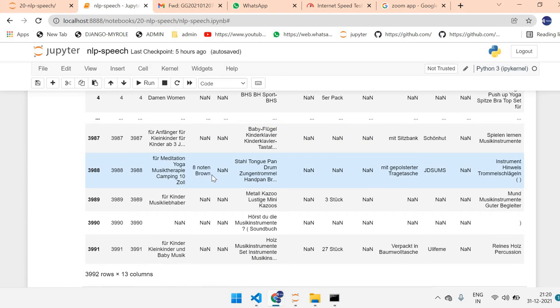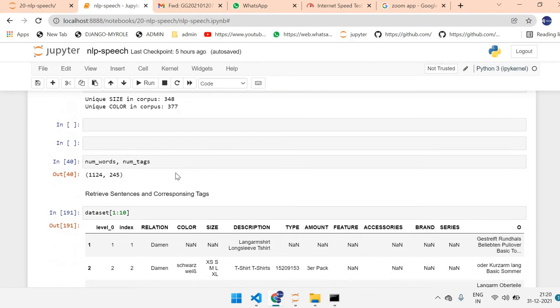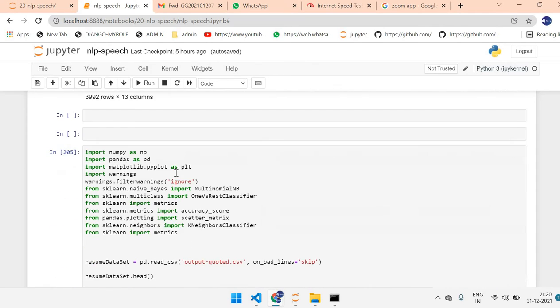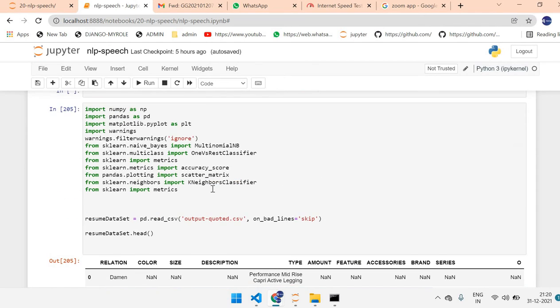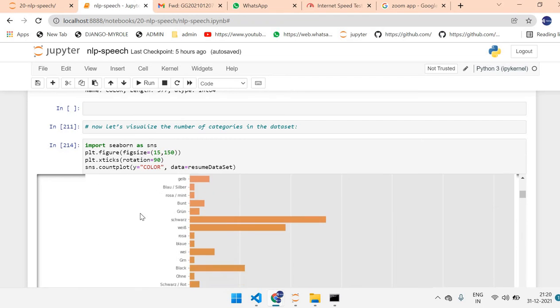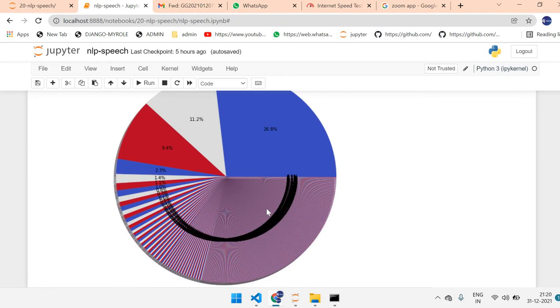Suppose if I want black color data, or any particular data, there is a way. That's why I'm showing. I think you understand, right? Okay, this is your color analysis. I will show it. It's not completed, so just wait.